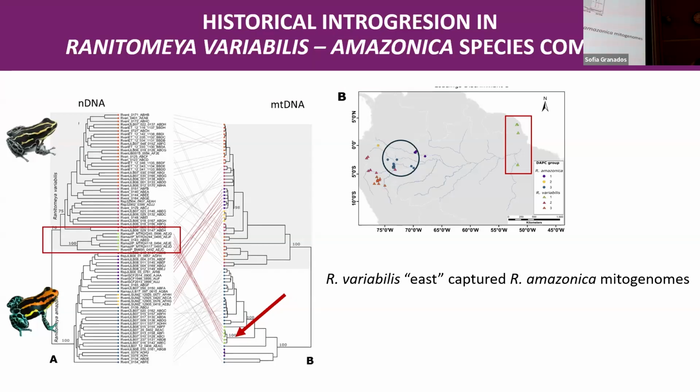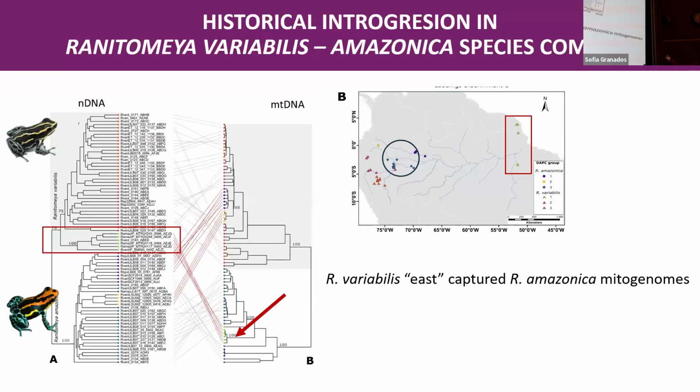What we detected is that this clade right here, which corresponds to the eastern populations, has a mitogenome nested within Ranitomea amazonica samples. So the individuals that made it all the way to the east were probably having fun here,